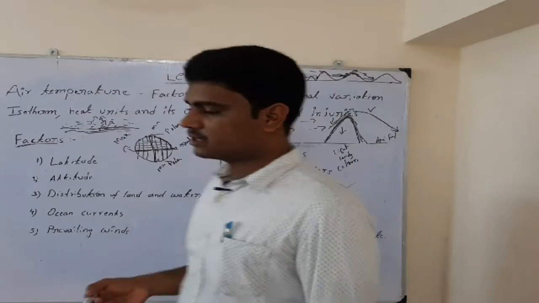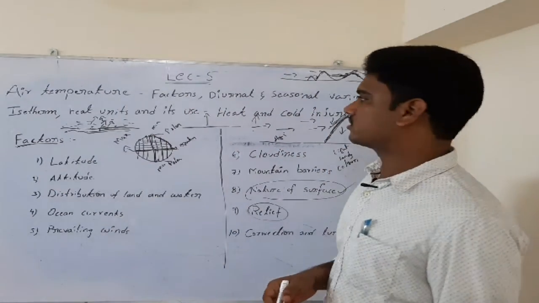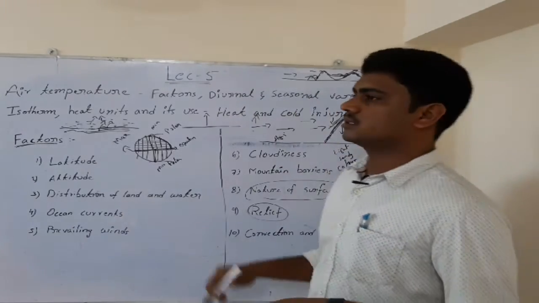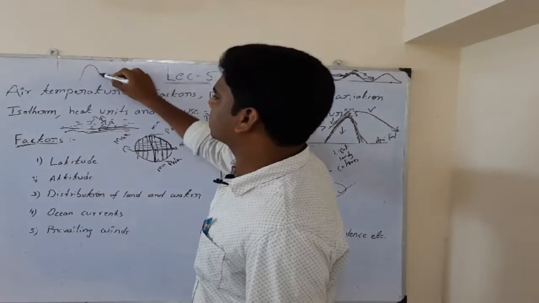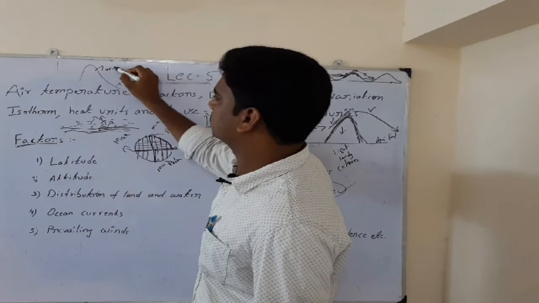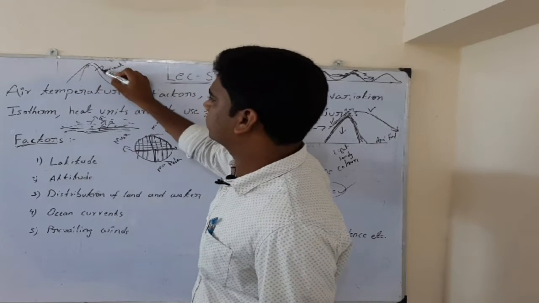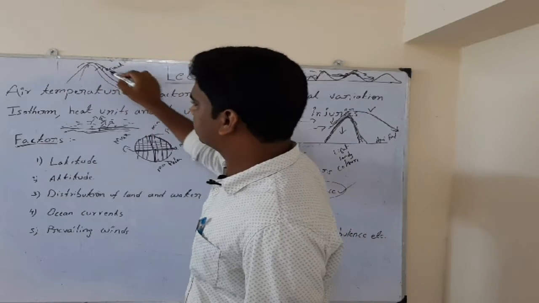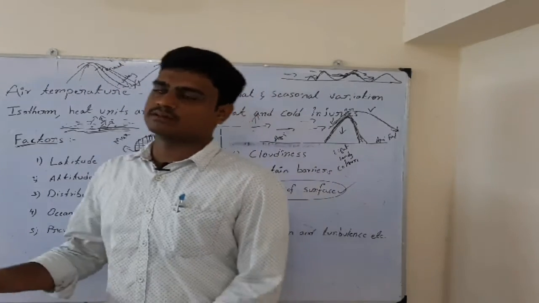So likewise, when it goes up and down, ultimately it will affect the temperature of the air and also the wind speed. We can see all this in mountains and valleys. Mountain means, you all know, mountain and valley. Again, this one we call a valley, and this one is a mountain. So when the wind hops around the mountain, it will climb up and again fall down to the valley. When wind comes to the valley, the cool temperature will be brought here.